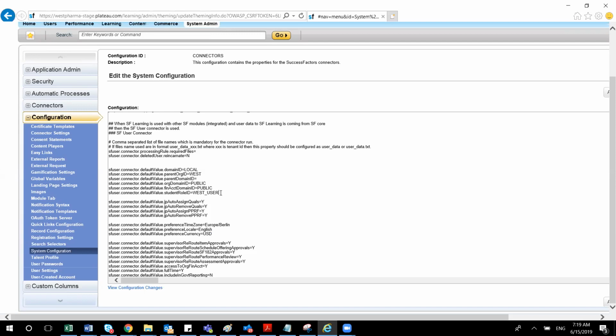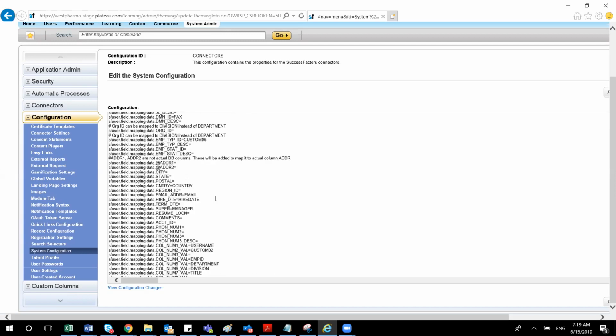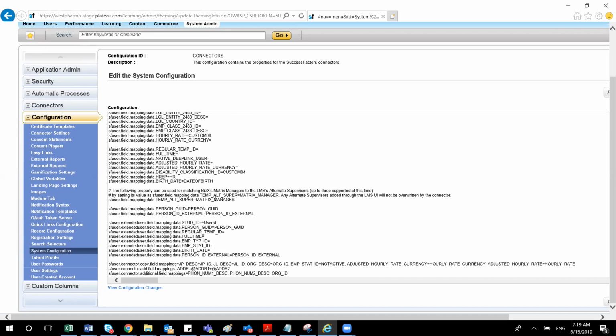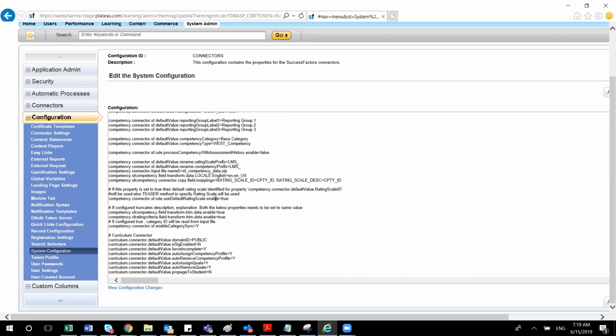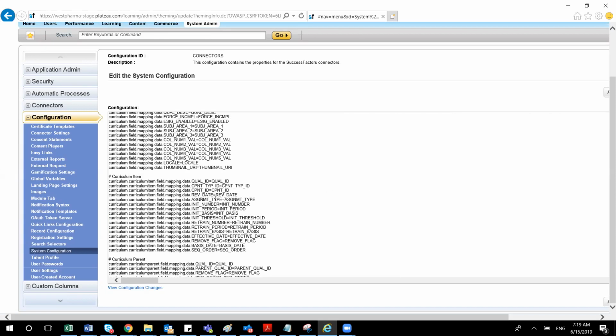So this is the point where you have to come and set all the configuration. This is a simple yes or no kind of thing: yes or no, true or false. So whatever things you want to activate, you maintain those. And the configuration settings are a one-time activity. You don't have to do it repeatedly unless there is a process change.